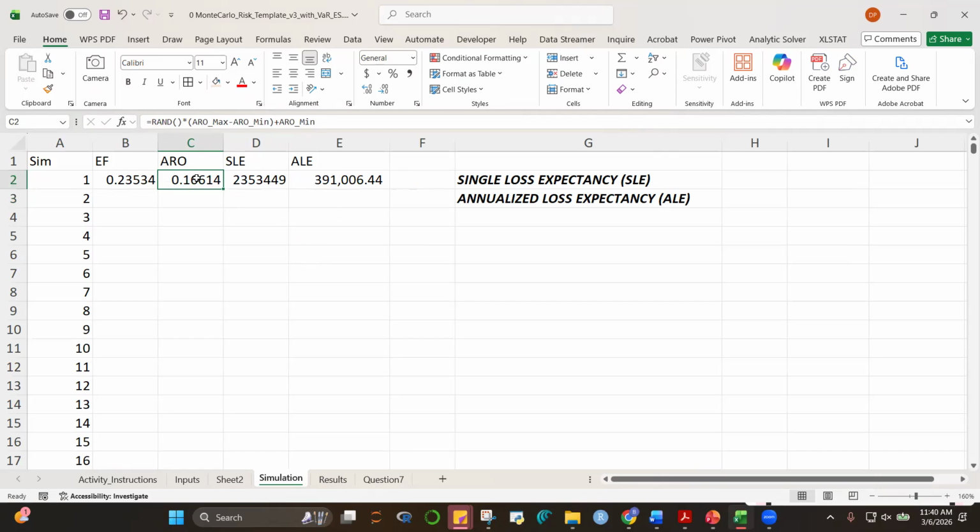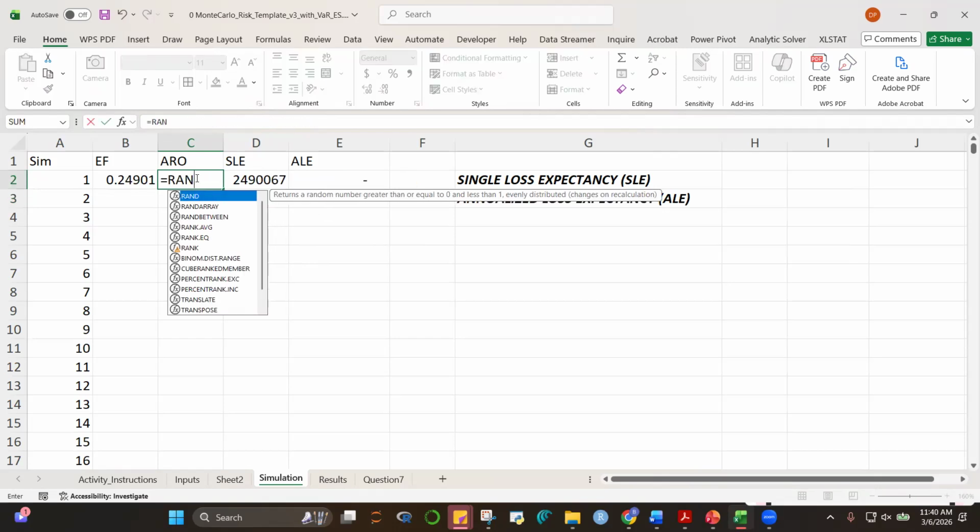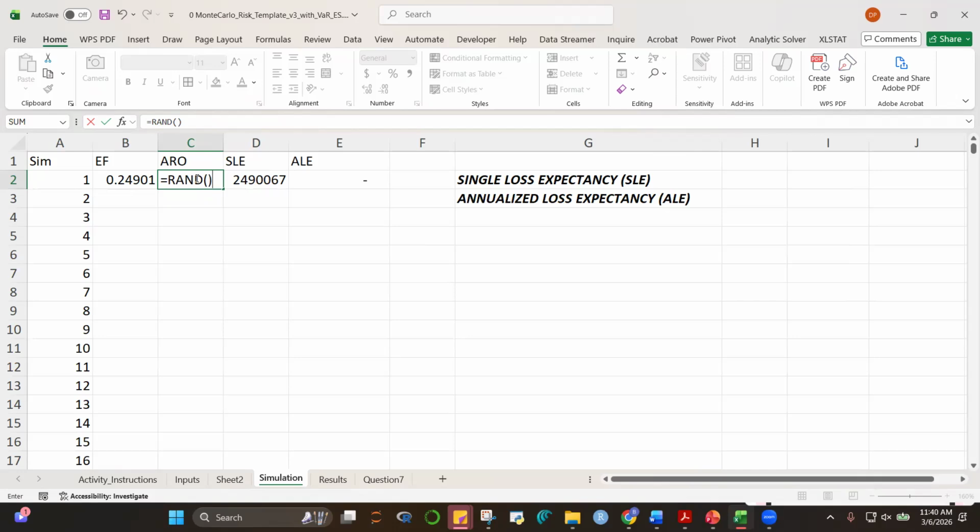Okay? Sige, gawin natin on our own. So this is equal to rand. Rand, then multiply natin ng ARO max minus ARO min. Okay? Notice when I type ARO, lumalabas agad yung mga names, no? Okay? So that amount will be added to ARO min.